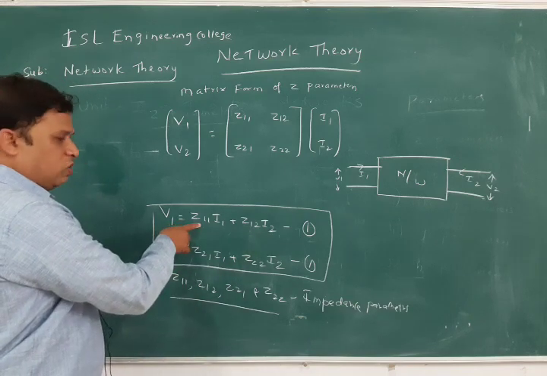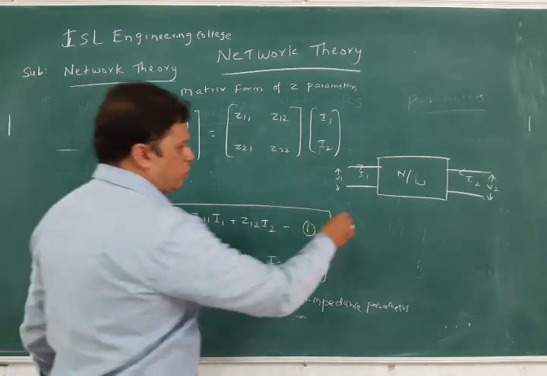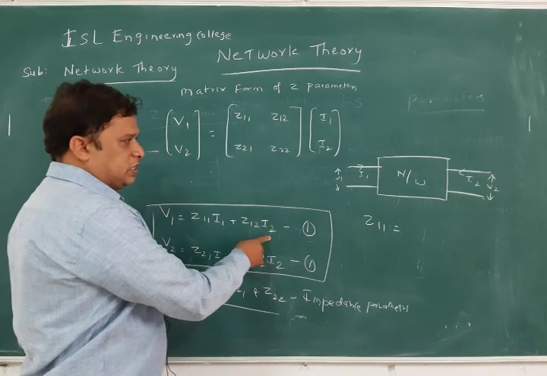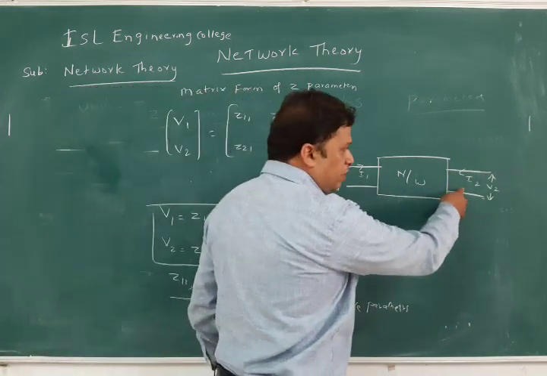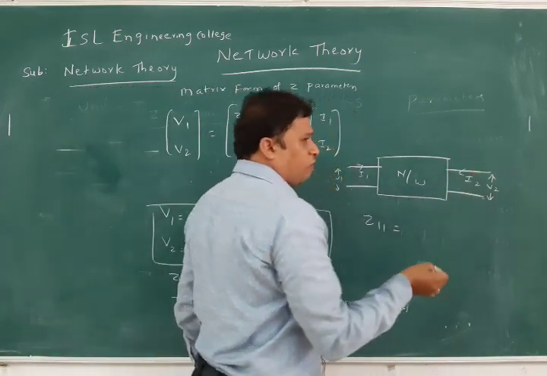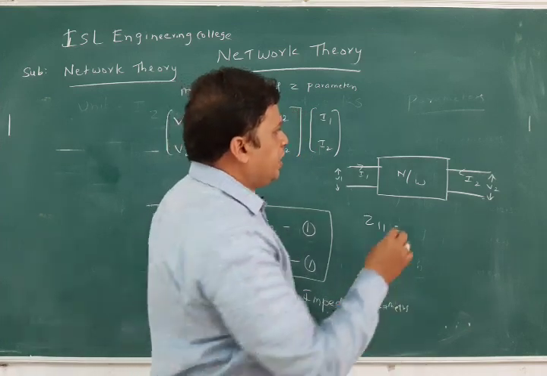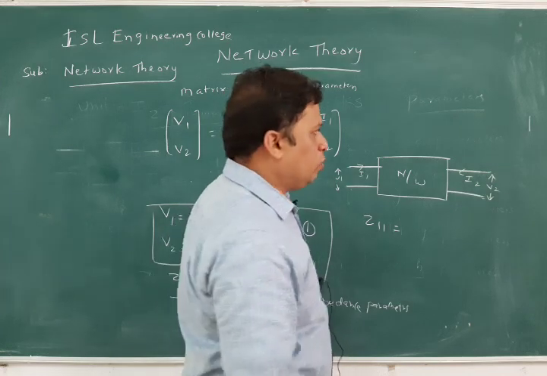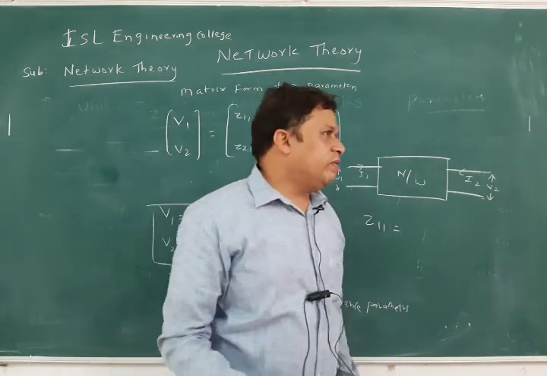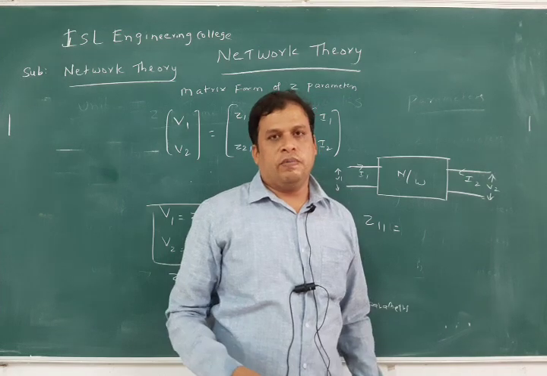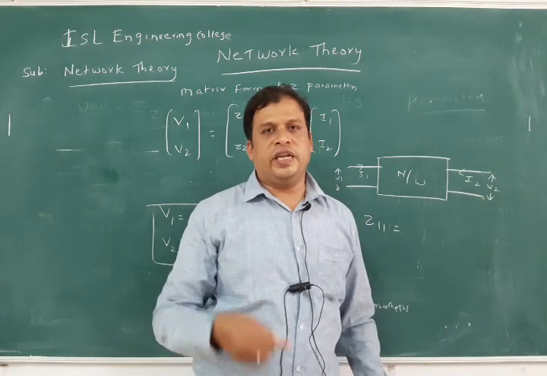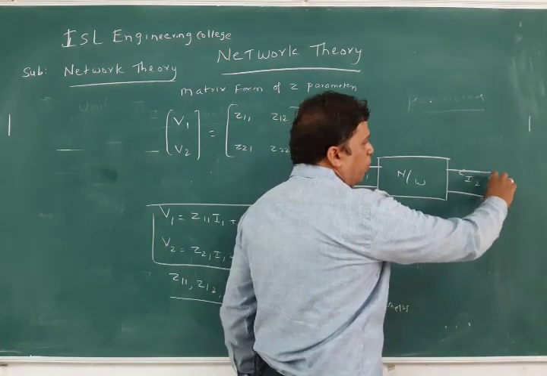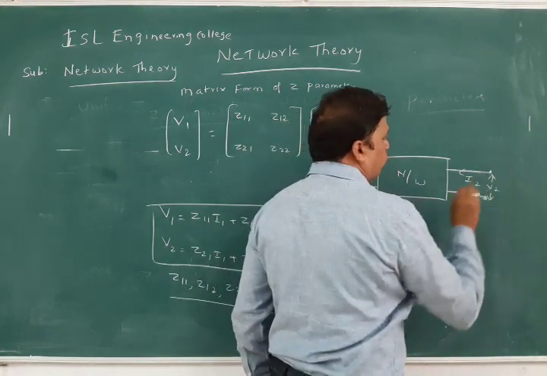Now, we will come here to find out Z11. To find out Z11, what you have to do? Just make sure that I2 is 0. When does I2 become 0 here? I2 will become 0 whenever it is an open circuit. What is open circuit? Whenever there is a voltage to be measured at that port, then it is called an open circuit, meaning there is no element connected there. The terminals are open here to measure the voltage. That is called an open circuit.